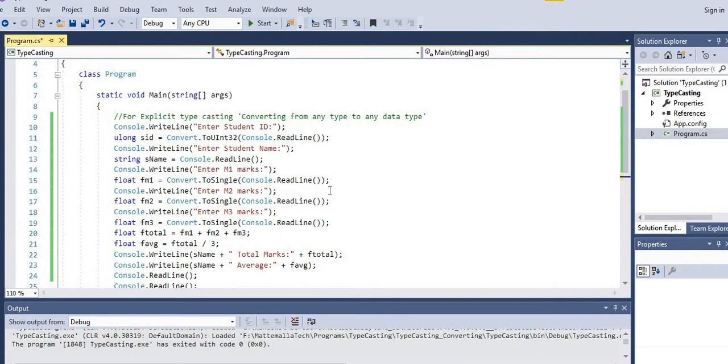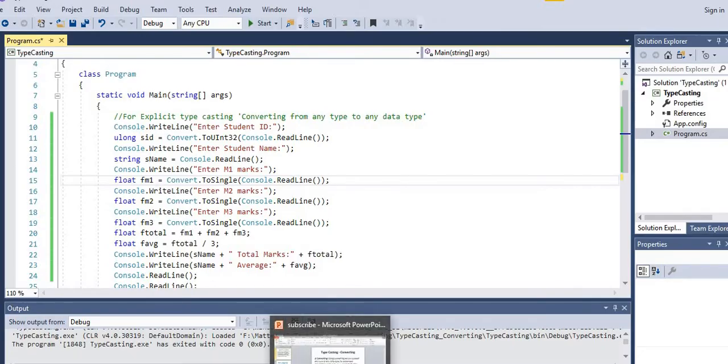Whenever we are working in a project or program, as per our requirement and need, we have to choose the Convert class to convert one data type to another data type.